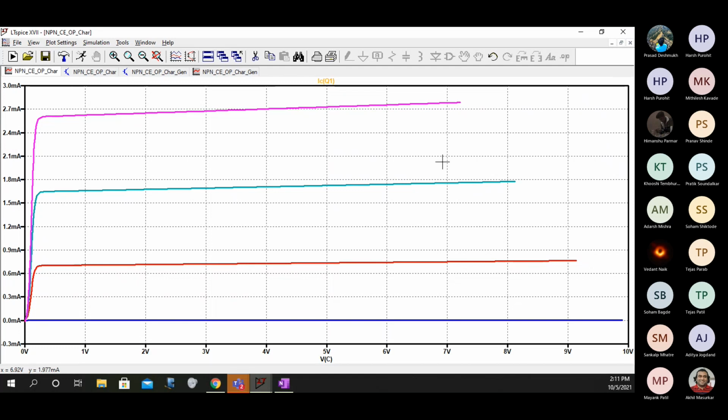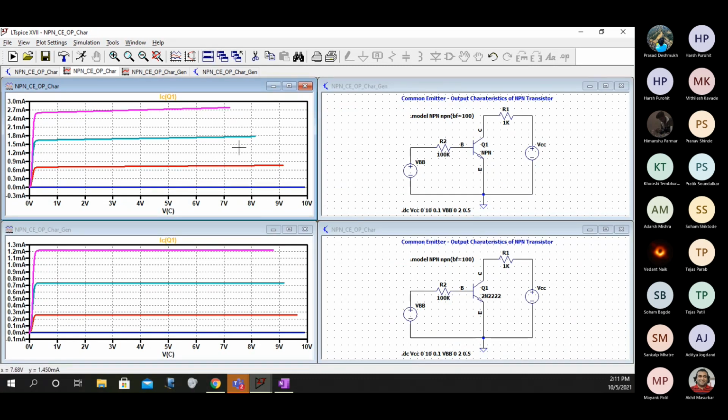Now I want you to show me these two characteristics, a practical one and an ideal one. Come on, do this and post it in the chat box.